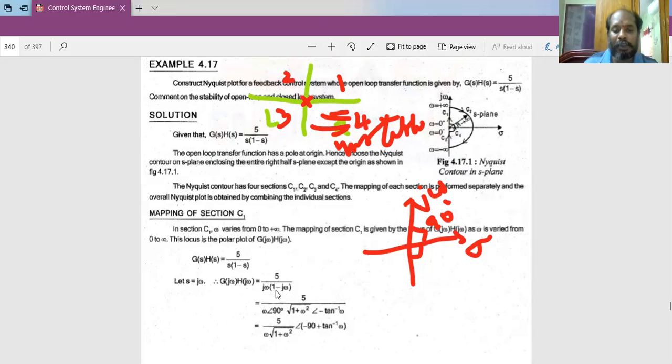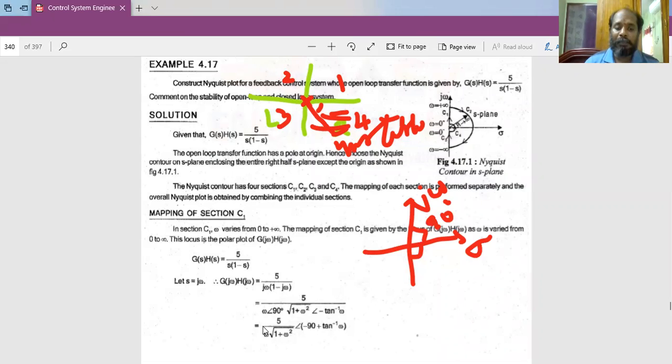The magnitude of the term 1 minus j omega is square root of 1 squared plus omega squared. And the angle, if you see, is somewhere here, and the angle contribution will be not an obtuse, it's an acute angle. Acute is an angle less than 90. Obtuse means it is more than 90, in which case the phase angle change should be 180 minus that angle. If it is an acute angle, it remains as it is. So you have tan inverse of omega, and since it is minus, actually you have minus tan inverse of omega.